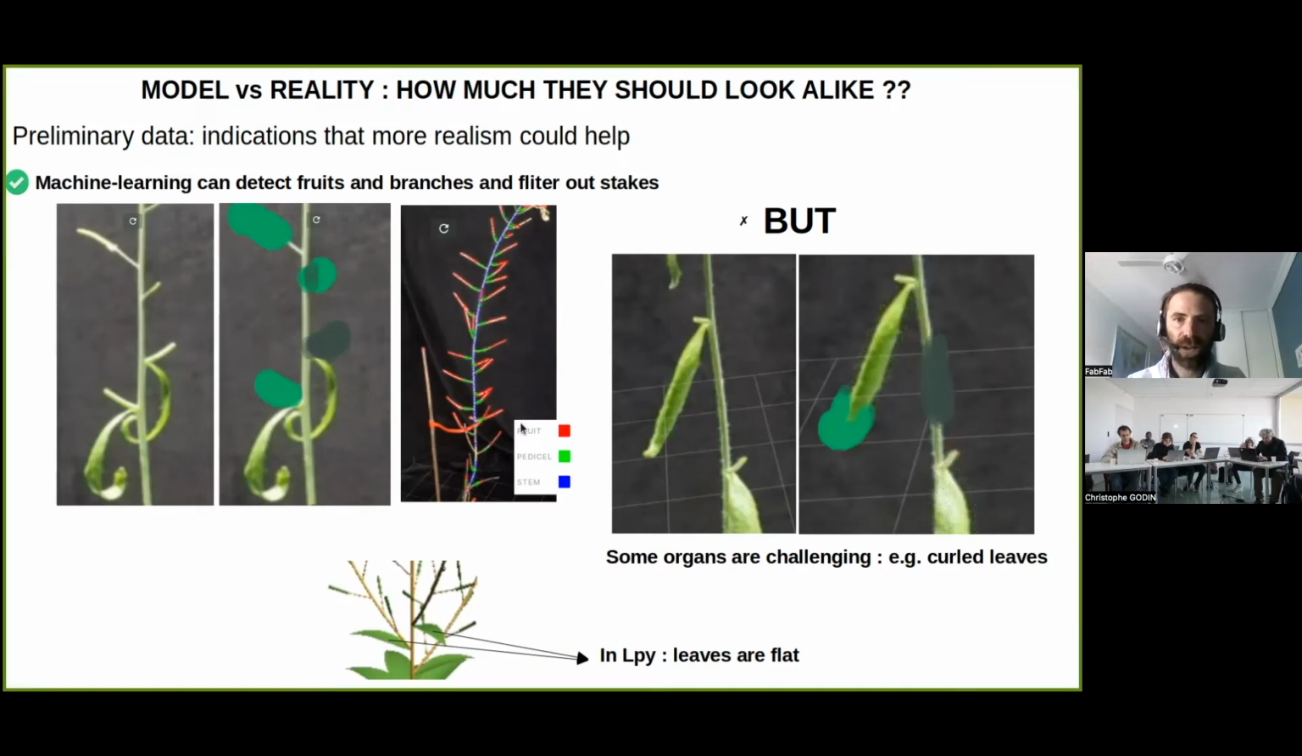Can you see my screen? Yes? Yes. So I make a zoom in the virtual plant of Christophe, and you can see that definitely the